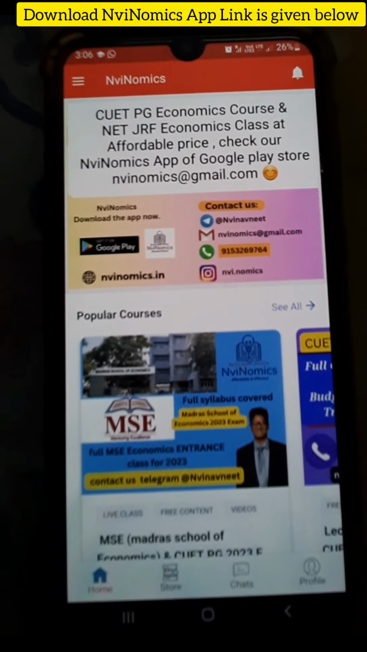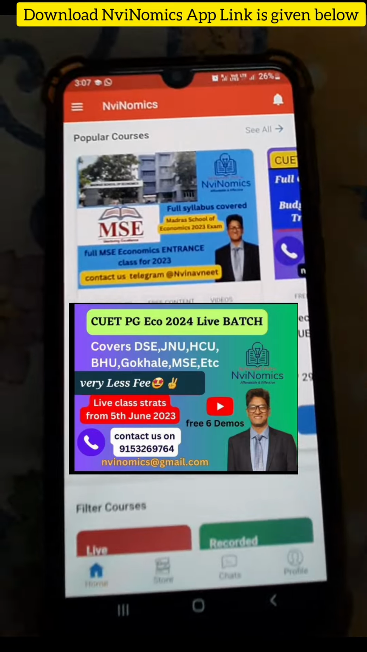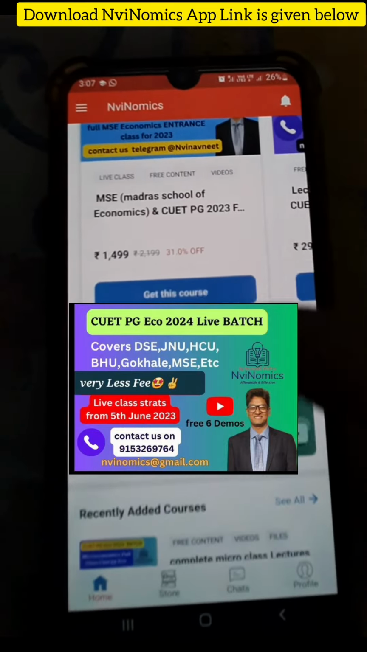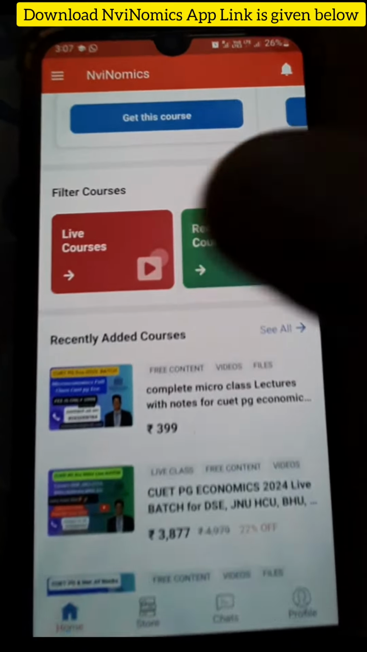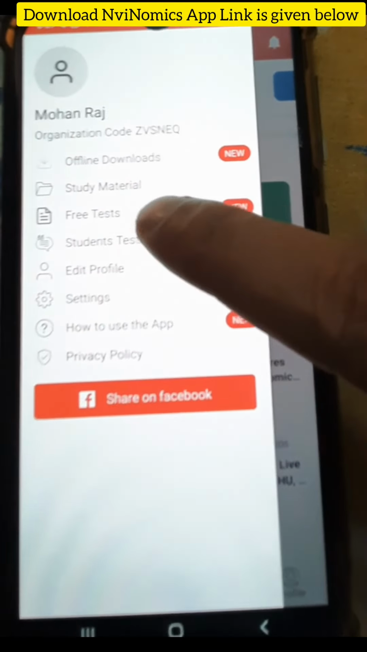So hello my dear friends, today we will see how you can get the CUET 24 course on the NviNomics app. Just after downloading the app, you can see the home screen and the CUET PG 24 course live. You can get it, but before that, first you can go to the free study material section where you can